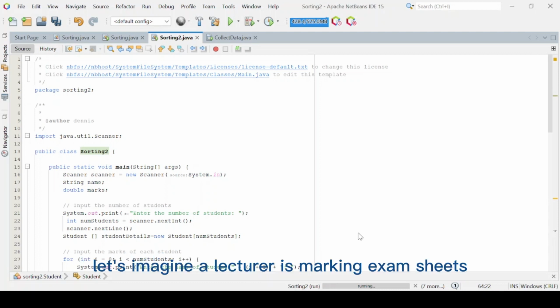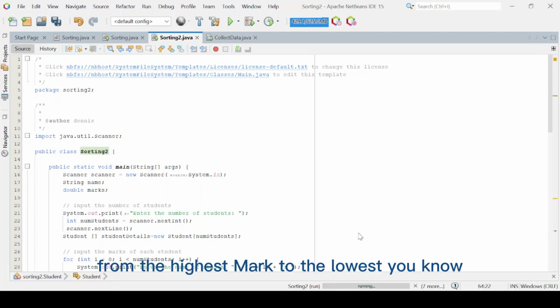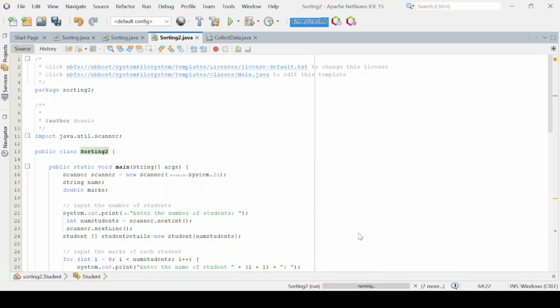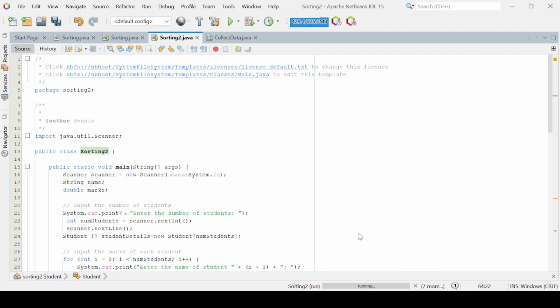Let's imagine a lecturer is marking exam sheets, and of course in a random manner. So the program that we were to create would save the lecturer the burden of thereafter arranging the sheets from the highest mark to the lowest. It would only require him to insert the names and marks in whichever random manner they are, and